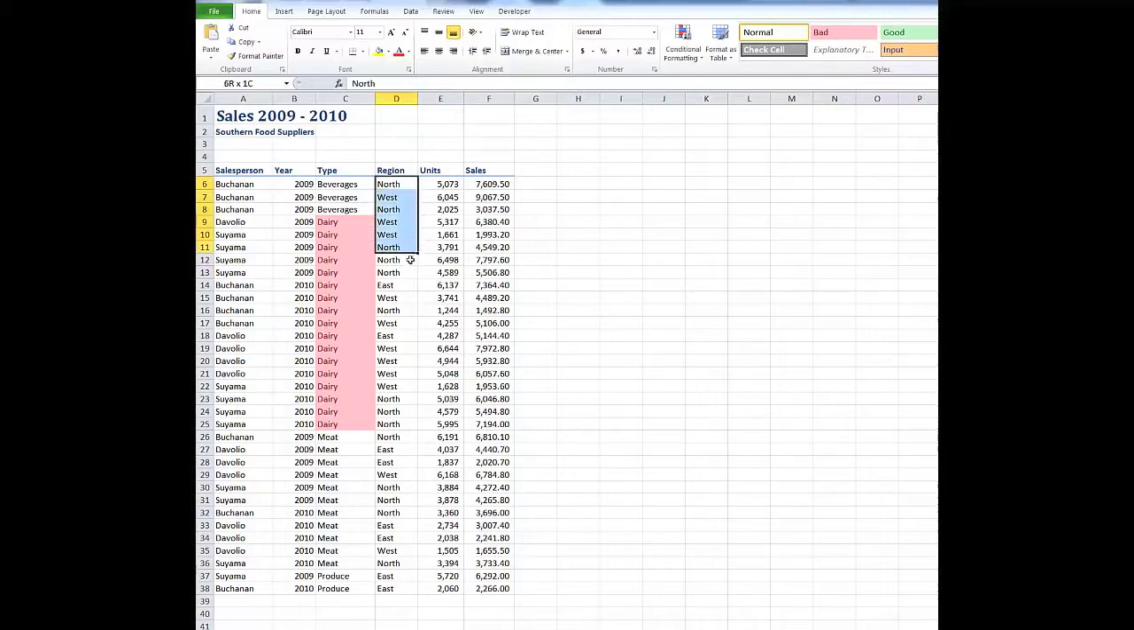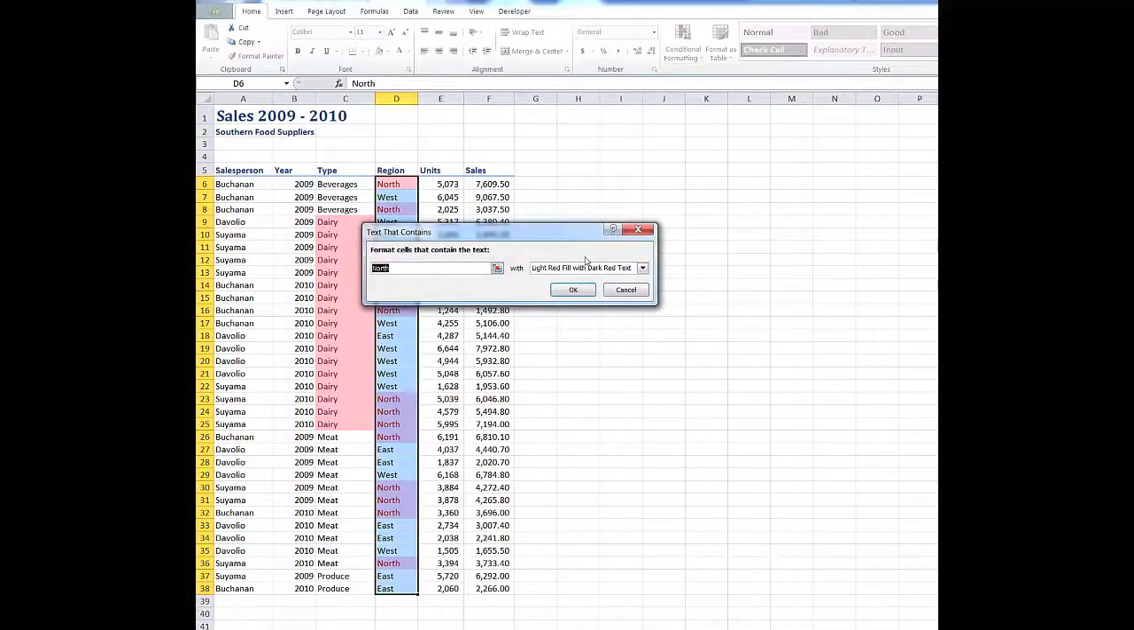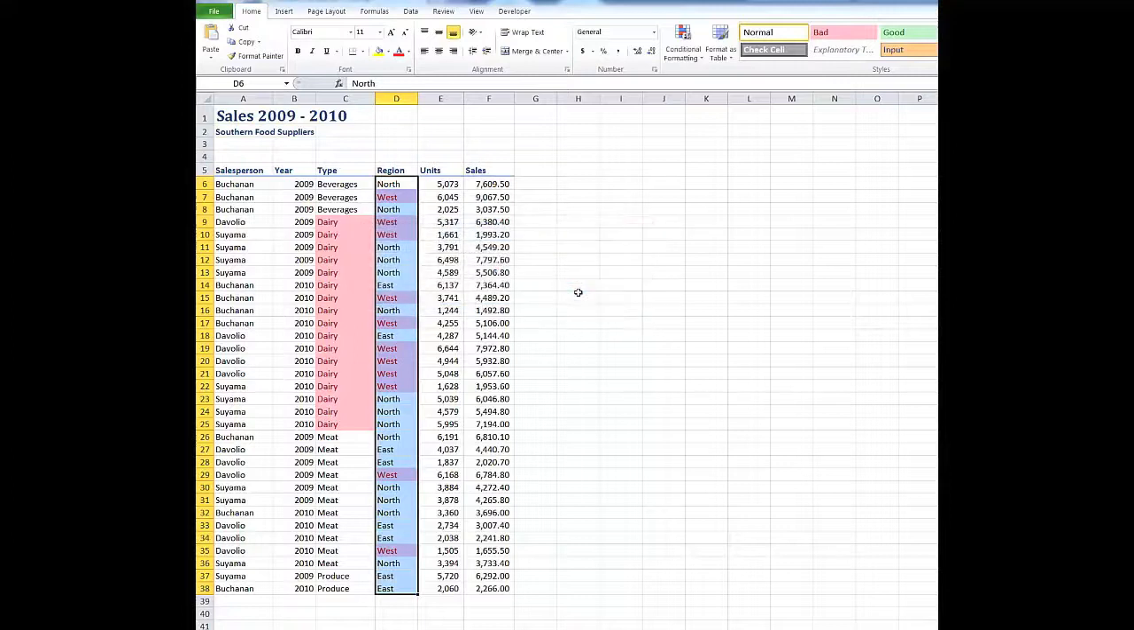While we're here, I'll also highlight the cells that contain the word west. So highlight the cell rules, text that contains the word west. And I'll click OK. And there I see all the cells that contain that word are highlighted. But what if I wanted to highlight the rows, the entire rows, where the type was dairy and the region